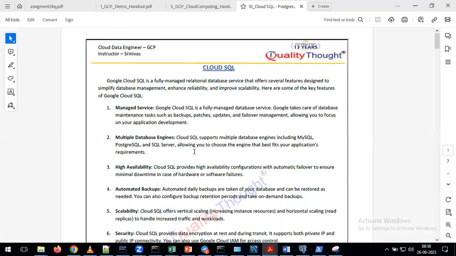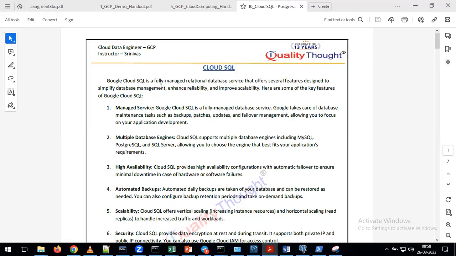If you just observe the definition here, simply we can say Google Cloud SQL is a fully managed relational database. Why are they calling it a relational database? Earlier, if you remember, when we opened Cloud SQL, what options did we have? MySQL, PostgreSQL, SQL Server. All those three are our relational databases. So by using Cloud SQL, you can work on relational databases on the cloud, and it's a fully managed system.